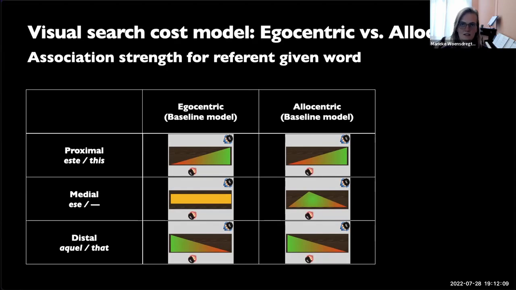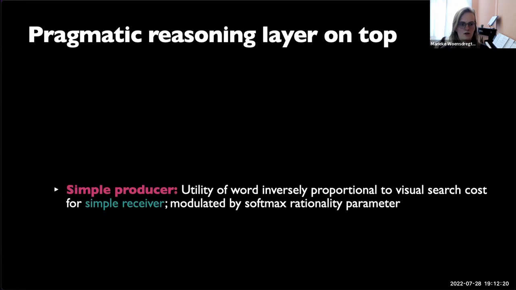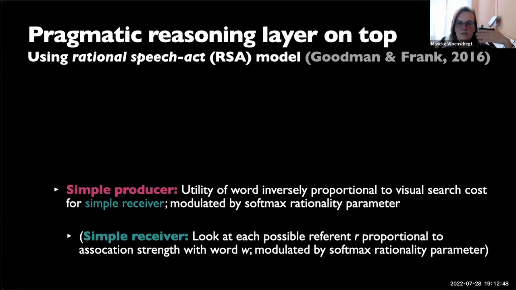And we, on top of that, assume that our speakers do some pragmatic reasoning over these baseline visual search costs. So on top of a simple producer for whom the utility of a word would just be inversely proportional to the visual search cost, for a simple receiver, where that simple receiver would just look at each referent with a probability proportional to the association strength with the word, according to the table I just showed you. On top of this simple idea, we build a layer of pragmatic reasoning based